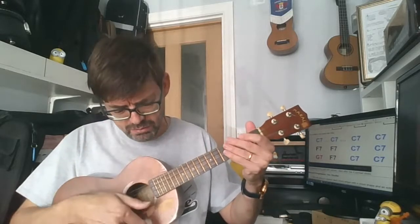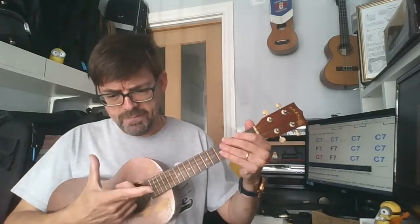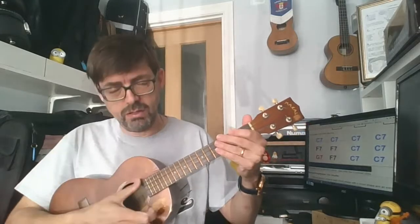You can use your first finger down on your nail and up on the finger pad. You could use your thumb to go down on the thumb pad, up on the nail. You could just use the pads if you don't like using your nails. You could go down on your thumb, up on your finger to do the shuffle. Or if you want a really hard sounding version, you could go down on your fingernail and up on your thumbnail. Now, I've got to admit, I prefer that because it seems to give a lot of speed to the...